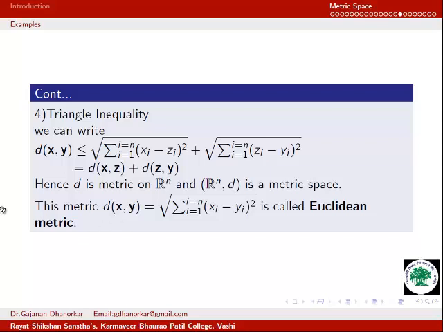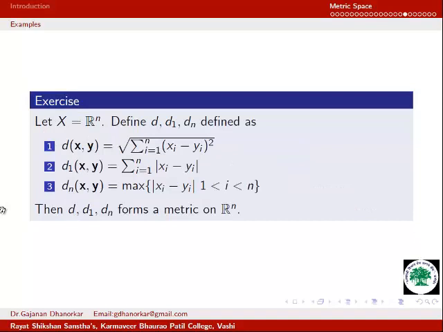Now we turn to our next example. But before this next example, I am giving this as an exercise. You should go through this, because this is the Euclidean metric space which we have already proved. Now we can go through this metric. This is again very easy, and you should show that this is a metric space. And again this Dn is the maximum of, again with modulus, and we have covered this type of problem with modulus, so you should go through this and try to prove it.